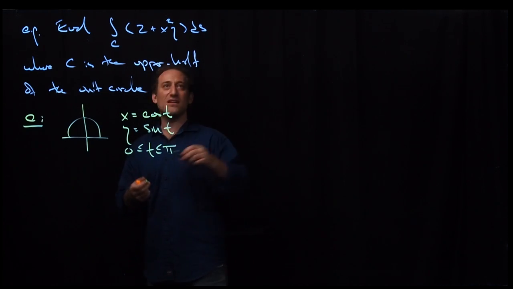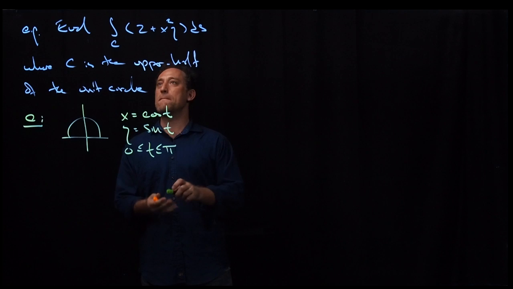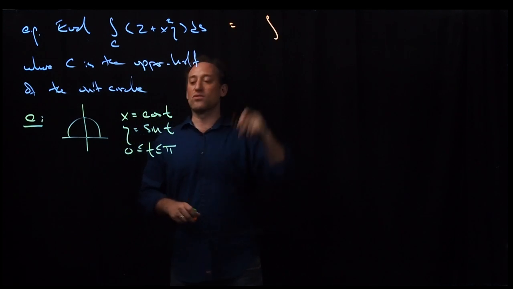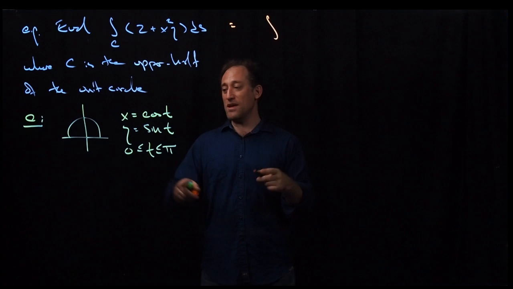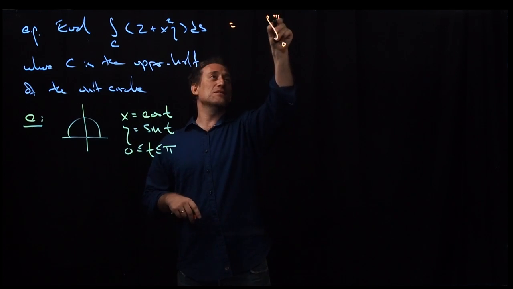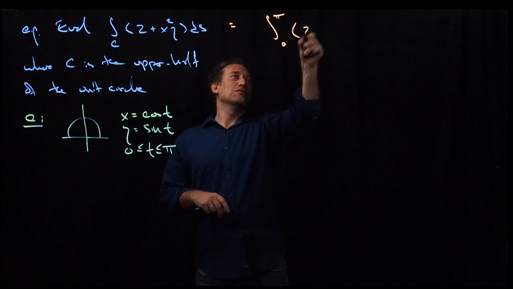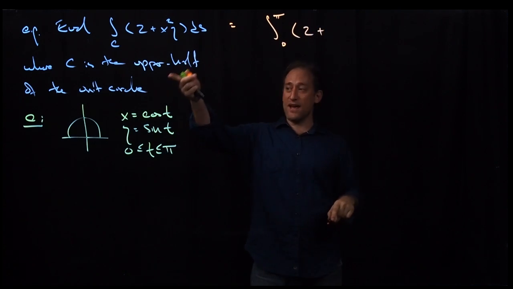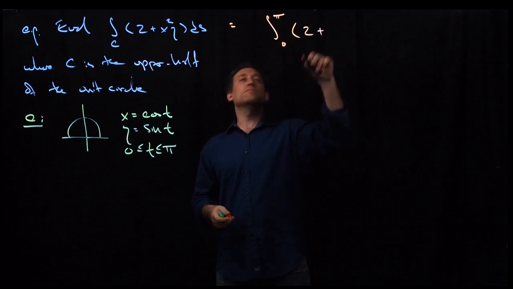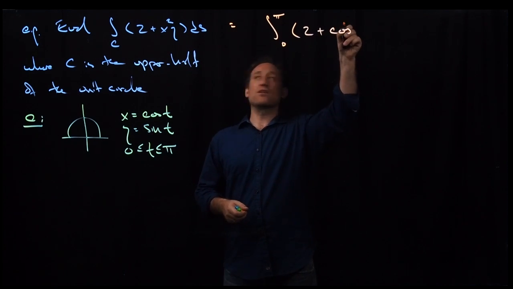Then, let's see, this gets me the integral from a to b. In this case, a is 0, b is pi, of 2 plus, wherever there's an x, put a cos. Wherever there's a y, put a sine. So it'll be plus cos